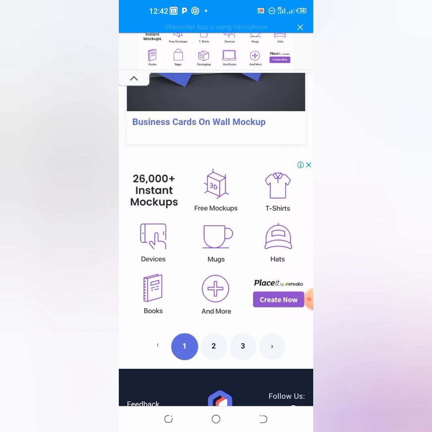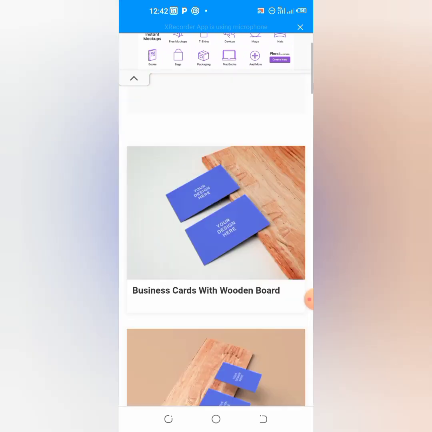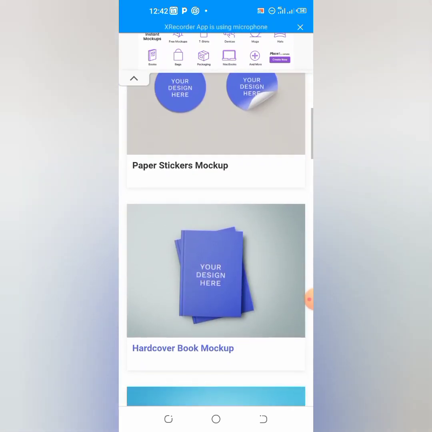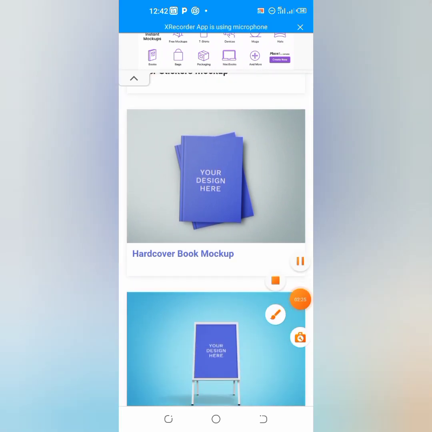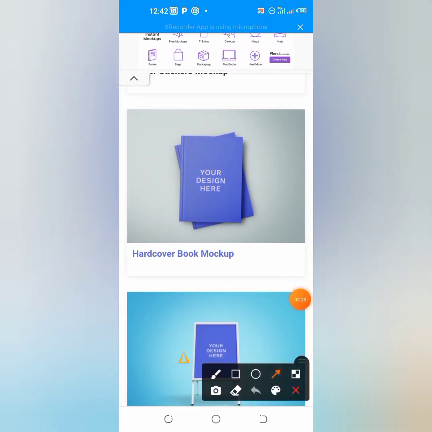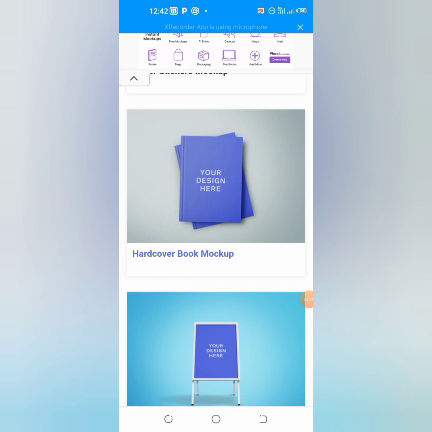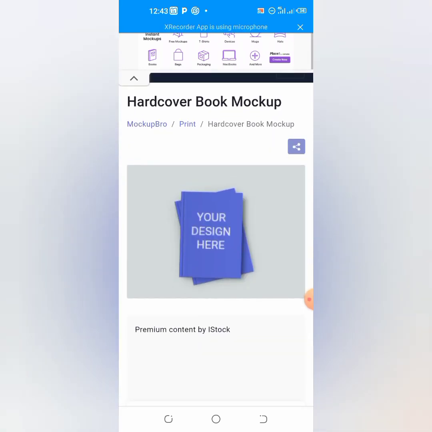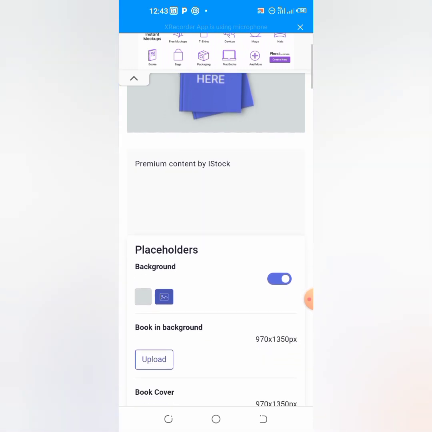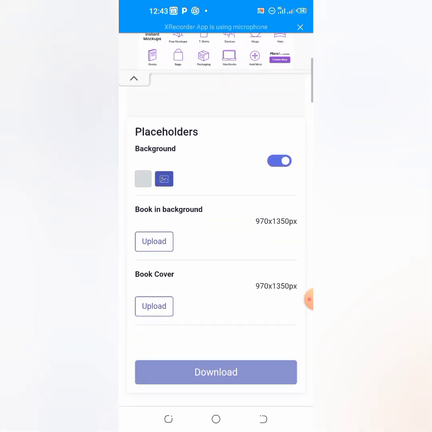Let's go to the next. You click here to go to the next page in order to find a better option. So I like this quite well. We could convert this into a good mock-up design. We just pick our image, and I want you to note that there are 2 points where you're going to